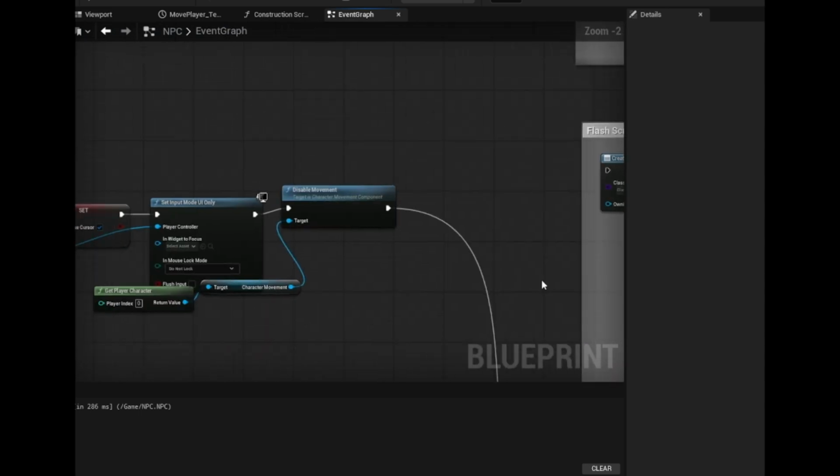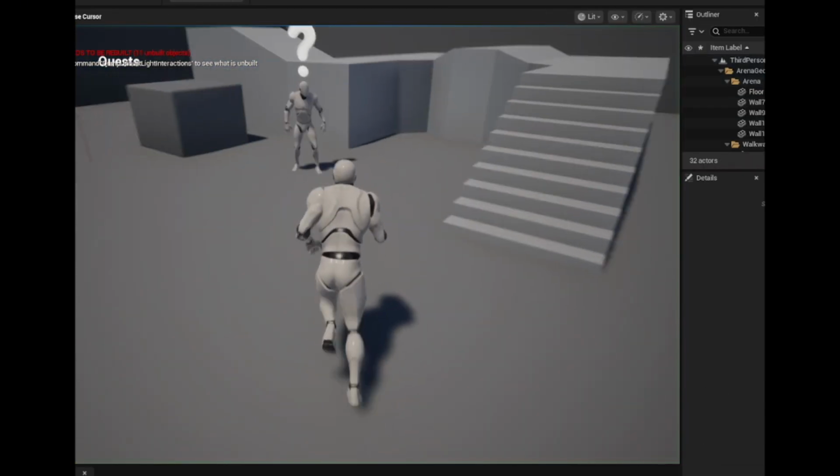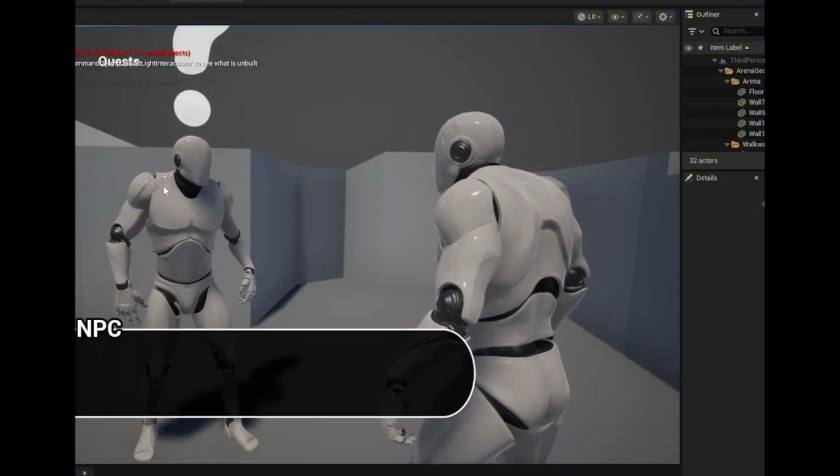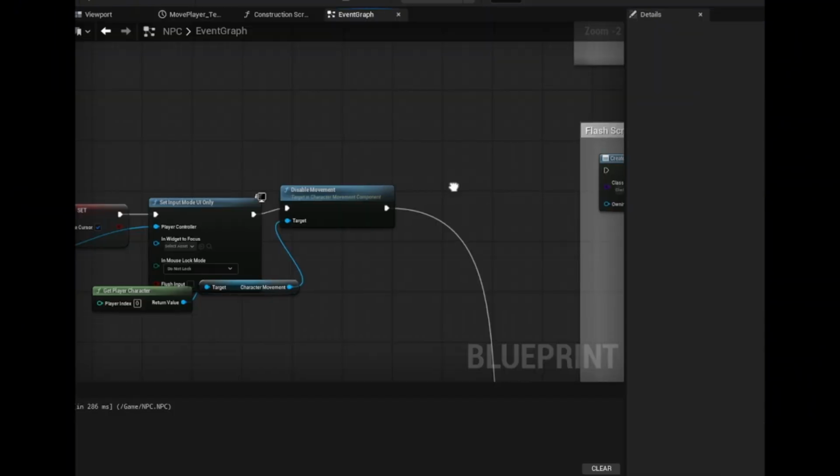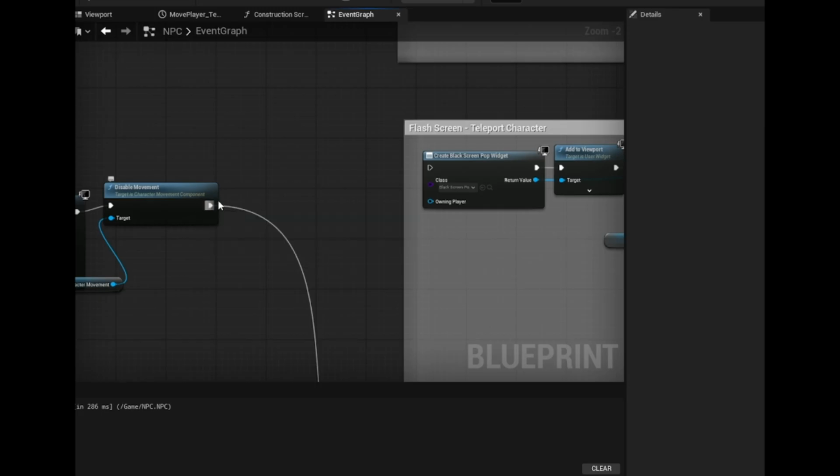The next one is, oh, I forgot to mention, it disables the character movement because you can't move while you're talking. If I was to interact, try move, nothing happens there. So the next one is teleport